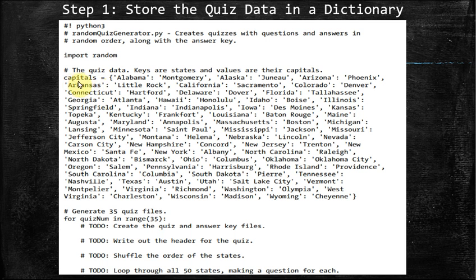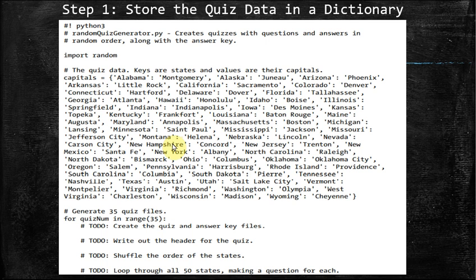Next, what we have done is the capital variable. Here you can see we have a variable called capital, which contains a dictionary with US states as the key and the corresponding capital as the value. You can see here in this dictionary you have the state as well as their capital. And since we want to create 35 quizzes, the code will be generating 35 quizzes as well as answer key files.